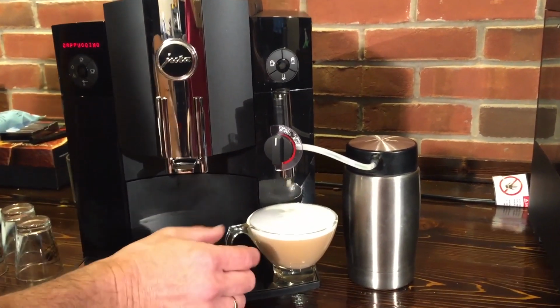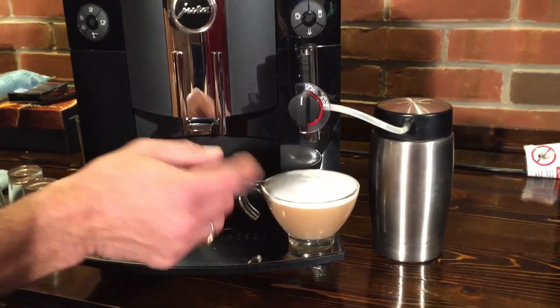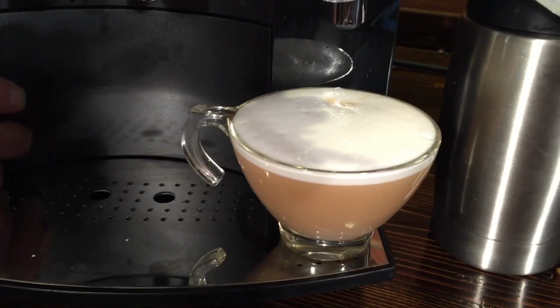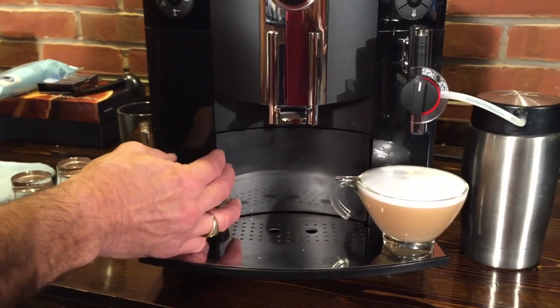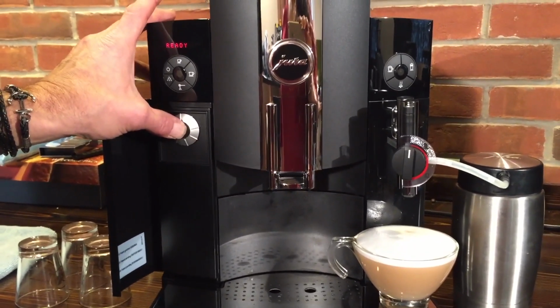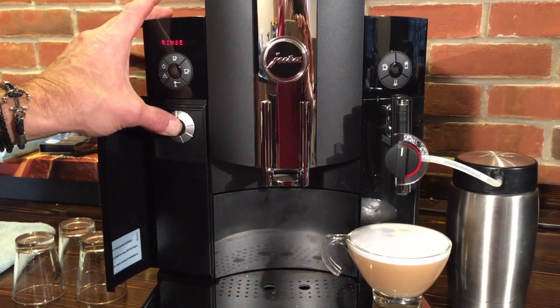So now it will keep that program. So next time I put the glass under here, press this button, I'm going to get exactly that. Now you can go in here, and if I press and hold on this little button here, this is the other way you can program. It's going to tell me